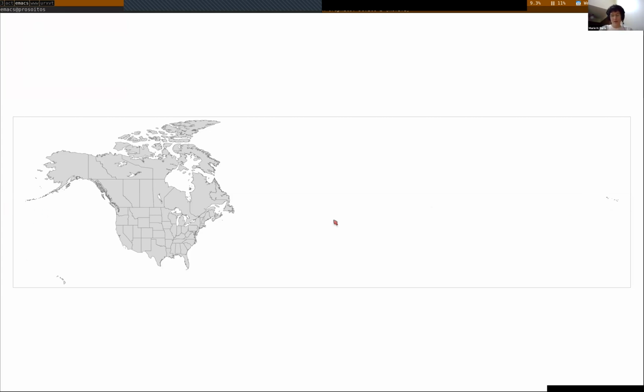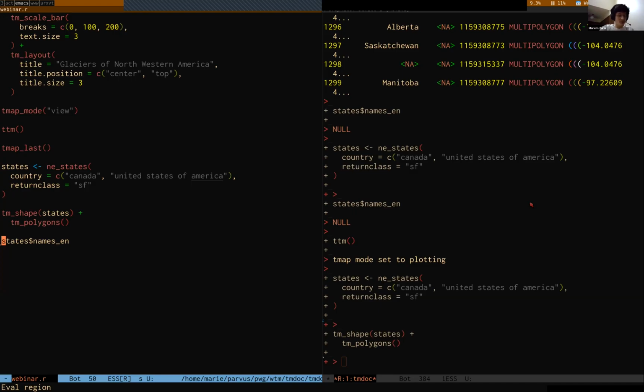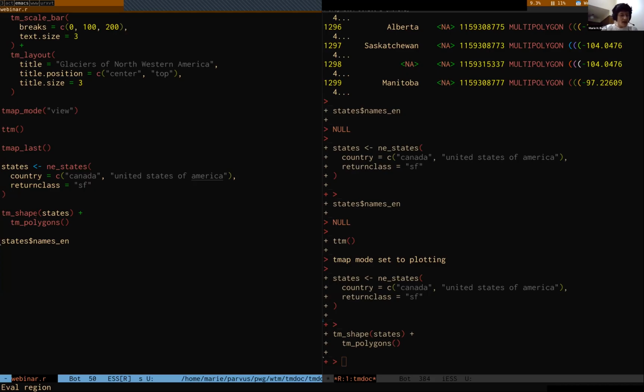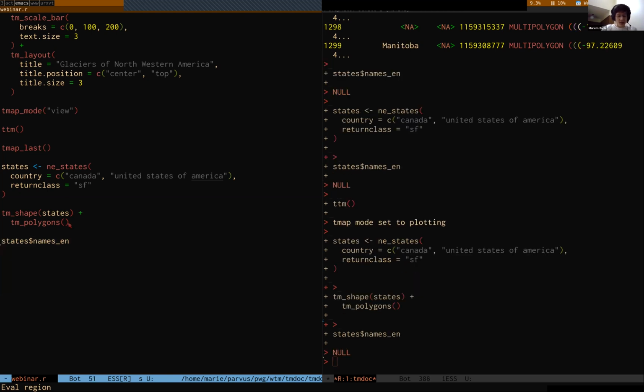So, which is why the map looks so stretched out. But it worked. But again, we are only interested in what is in this area. So I need to filter only the states that I'm interested in. So if I run